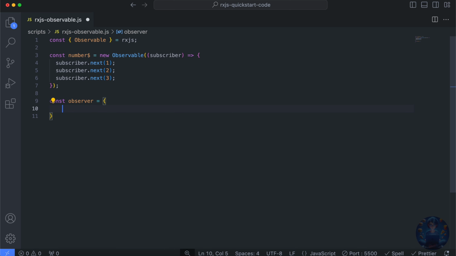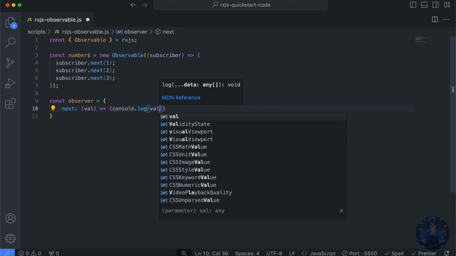We'll start with the next property, which is a method that is invoked when your observable emits some values. So whenever this number observable emits the values 1, 2 and 3, this particular method will be invoked. We will have the value here. For now, let's just add the log statement. Hit save.